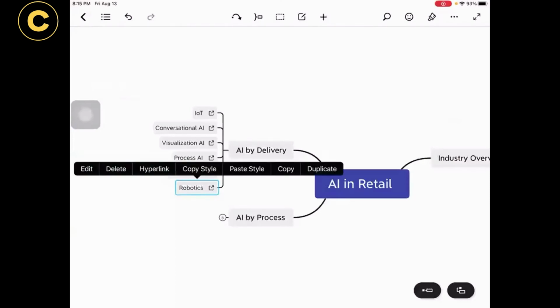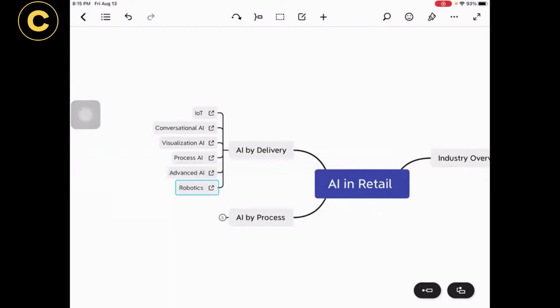Next topic I wanted to bring is robotics. Now, especially in retail space, artificial intelligence is not just something behind a screen. It's something which is happening